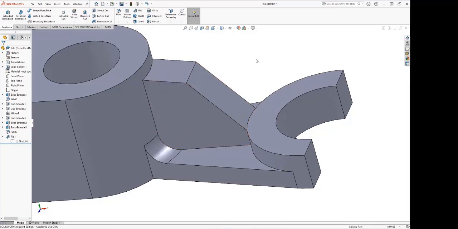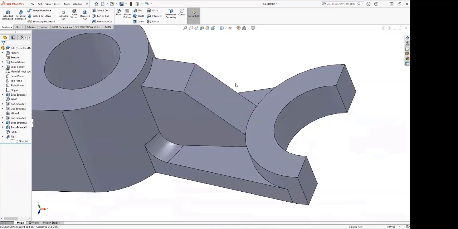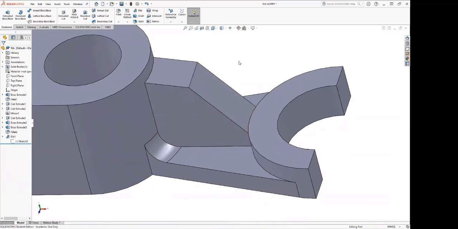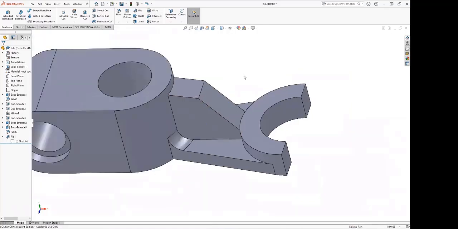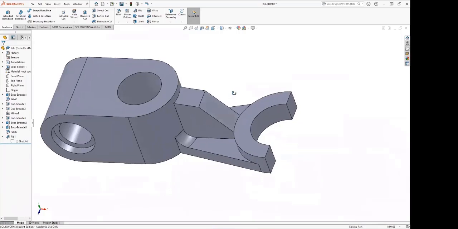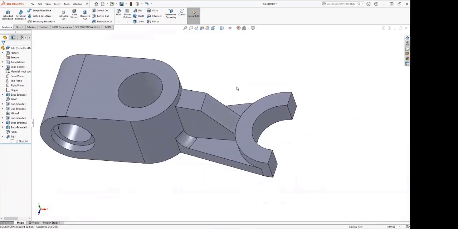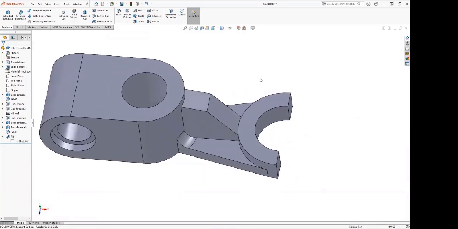Okay, but with a rib, because you only need a simple backbone sketch, everything else in the geometry will be automatically taken care of. Okay, so those are a couple of the advantages of why you're using ribs. And there are other advantages, like in the drawing, because the rib is known, this is the rib, there's a special way a section of the drawing can be treated. And there are a couple of other advantages. Okay,